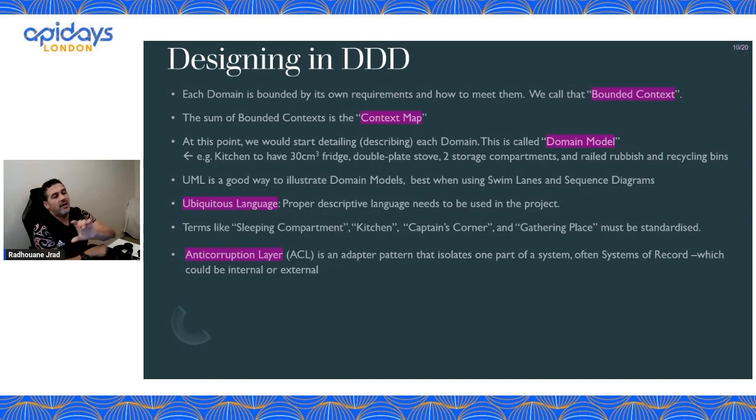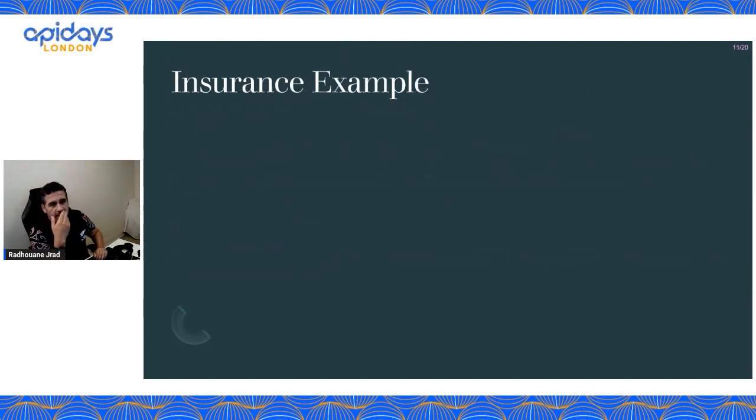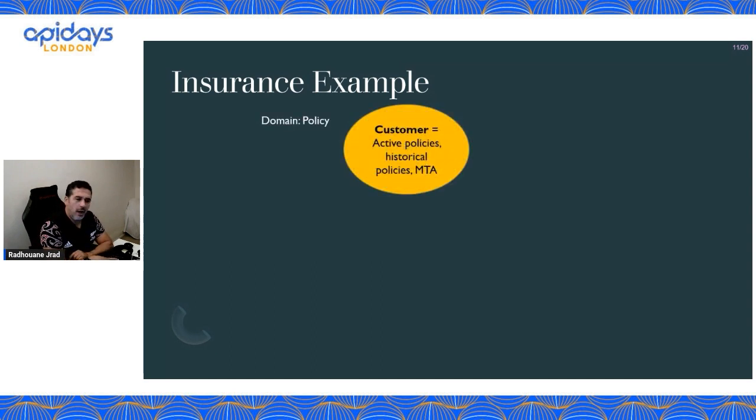So what you do is you have a layer of anti-corruption that deals with that. It converts everything from and to the system of records to a standardized, or you can call it canonical, or domain-specific contracts and data models and whatnot. Okay, that allows you to thrive inside the domain. We're going to show this with some pictures very soon. But let me give you an example here, so you can understand how this works.